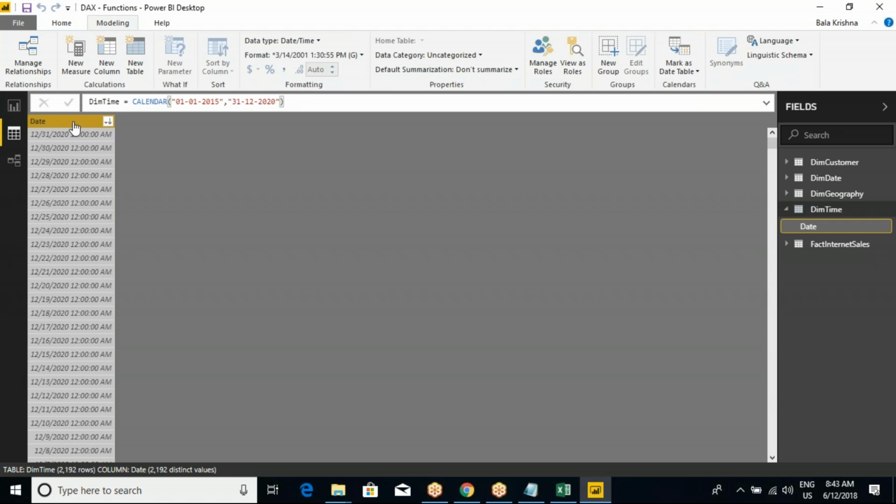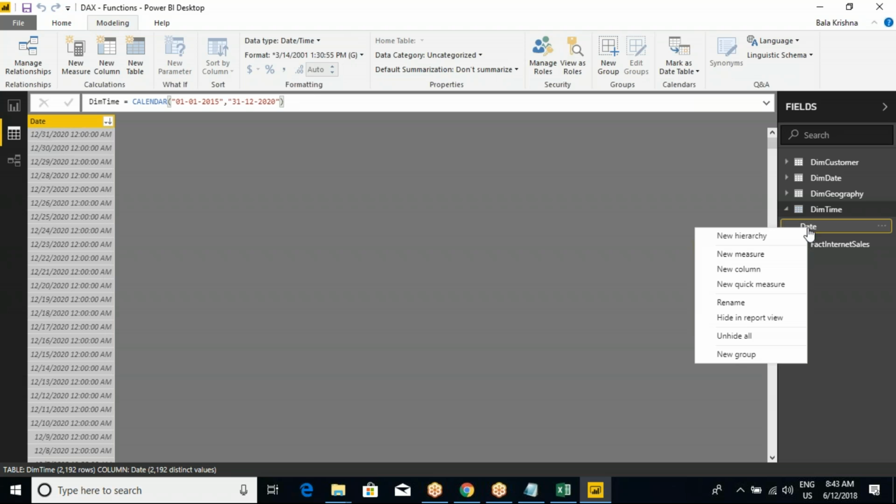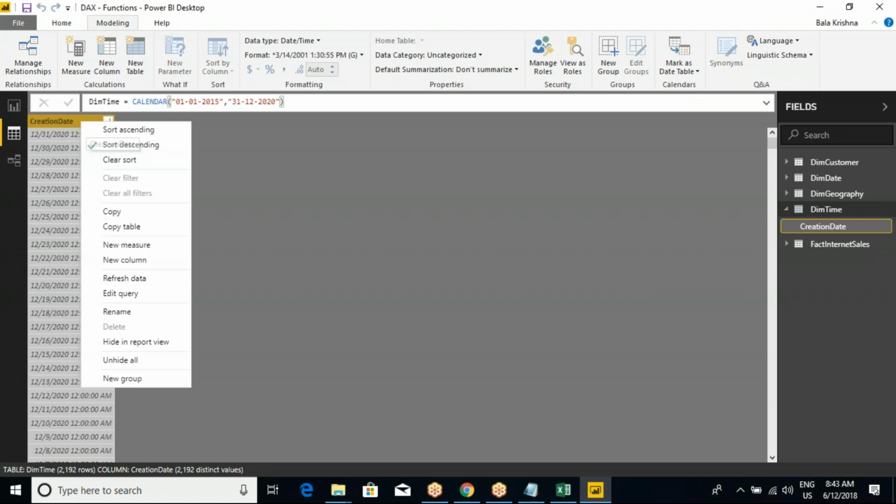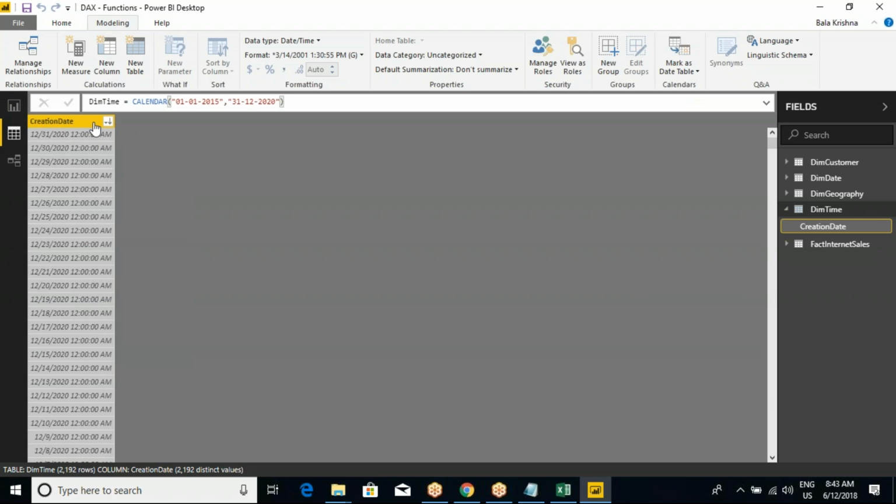So as I told you, whenever you want to rename this date column, come here, right click and rename the column. For example, creation date, something like this. I'm giving it randomly, okay, creation date, because I need a different column name. Now, right click on this one, I'm going to add a new column, right? That column only I'm going to